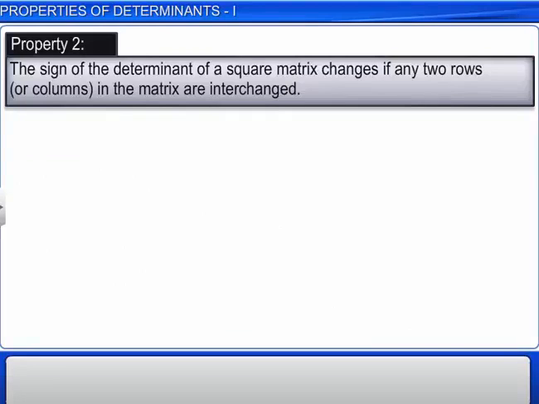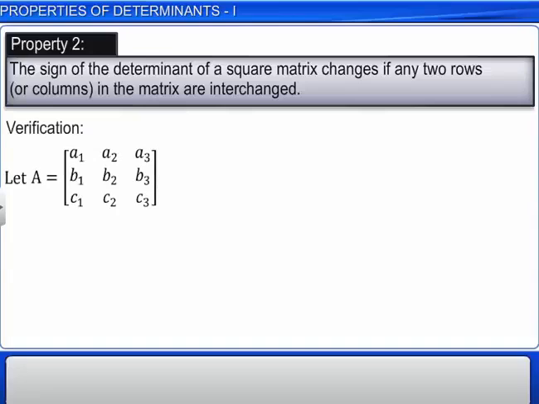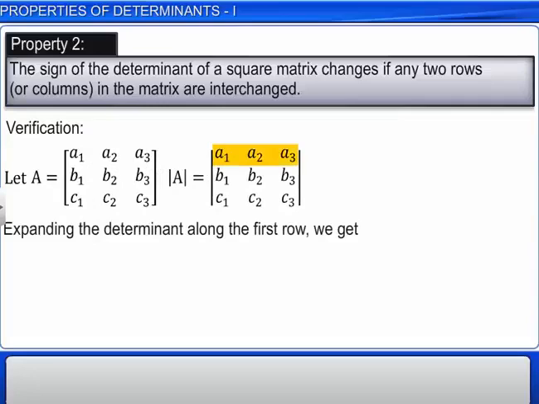Let's now move on to the next property. It says that the sign of the determinant of a square matrix changes if any two rows or columns in the matrix are interchanged. Consider a 3 by 3 square matrix A. Let's evaluate the determinant of matrix A. By expanding it along the first row,